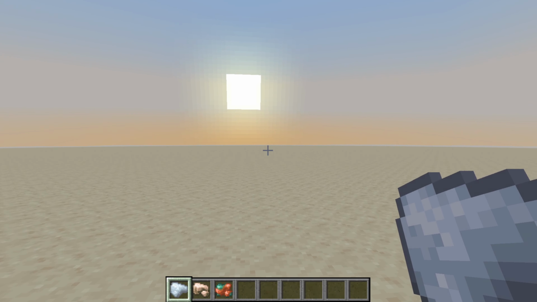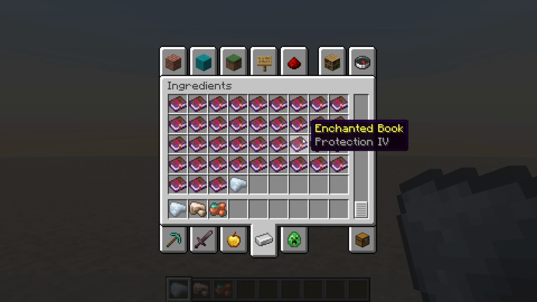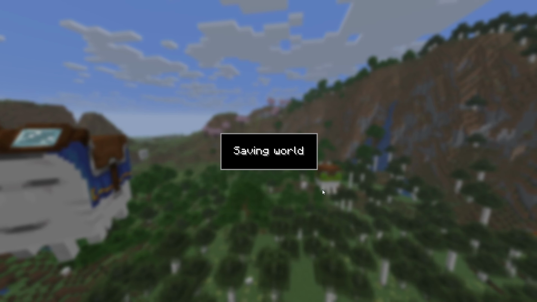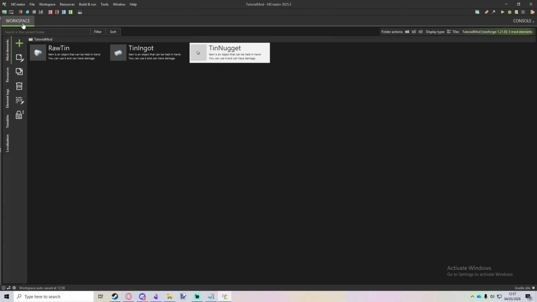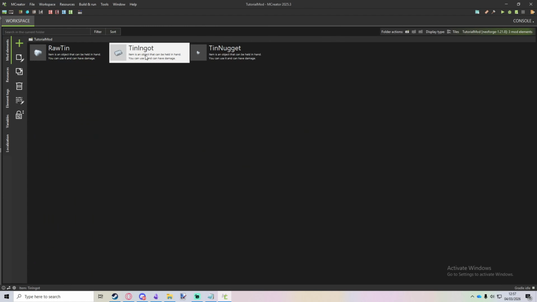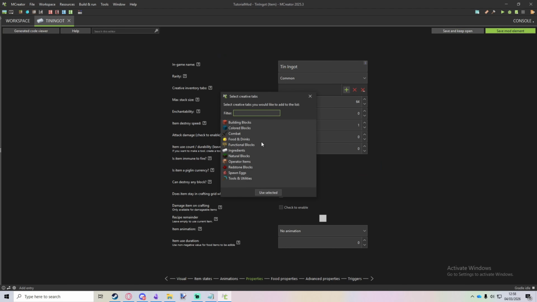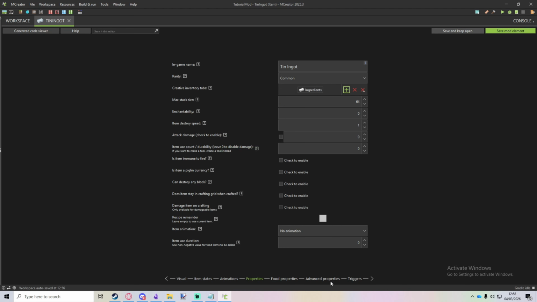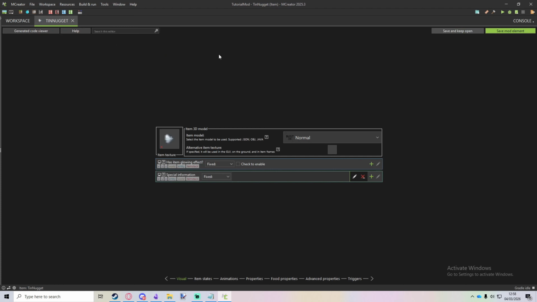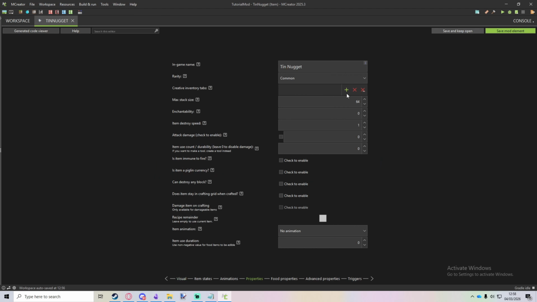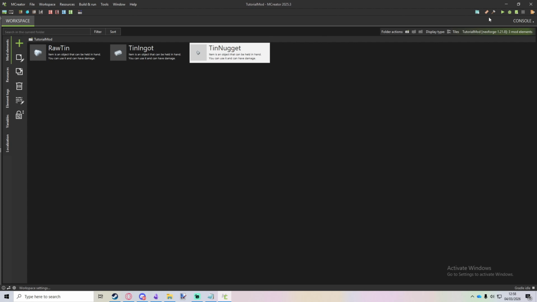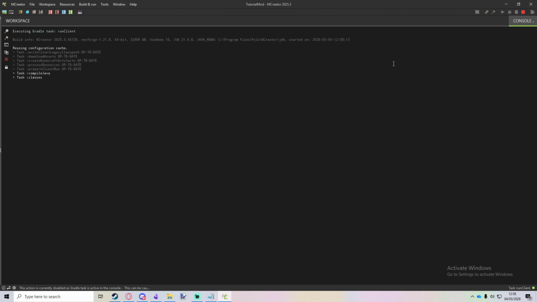And obviously we don't have the other items that we made in this tab because I didn't add it in MCreator. If we want to change that, we can close back down the mod client, go back to our workspace, and then on tin ingot we can edit this. Go to properties, creative inventory tabs, ingredients, use, and then save. And then the same with the tin nugget. Like so. And then if we build and run now,